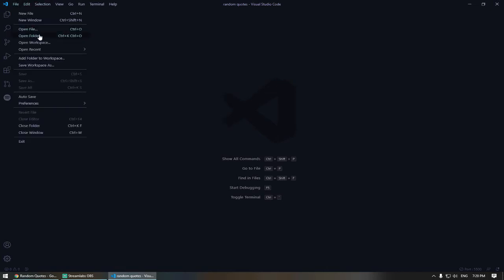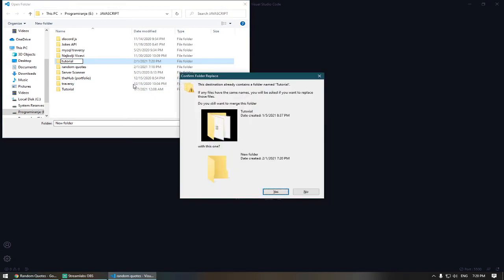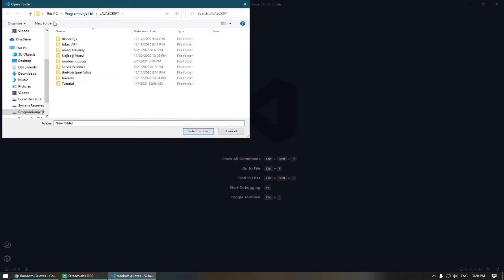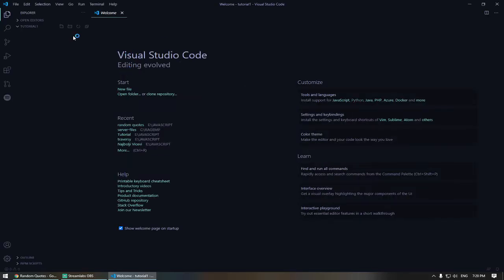We'll start with opening a new folder, creating a new folder. I'm gonna name this tutorial. Just gonna click file tutorial 1. I'm gonna enter and I'm gonna select the folder. When I do this, I'm gonna create a new folder. I'm gonna call it CSS. I'm gonna click enter. I'm gonna create another folder. I'm gonna call it JS. And I'm gonna create an